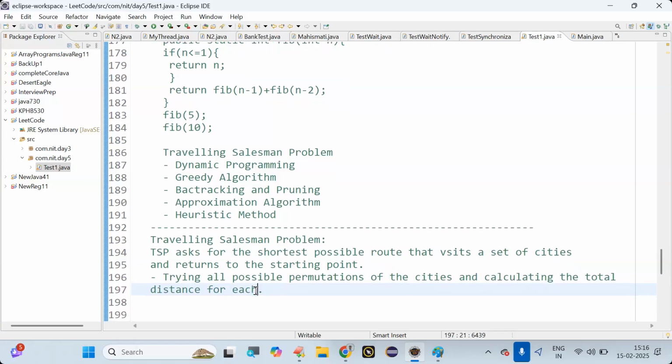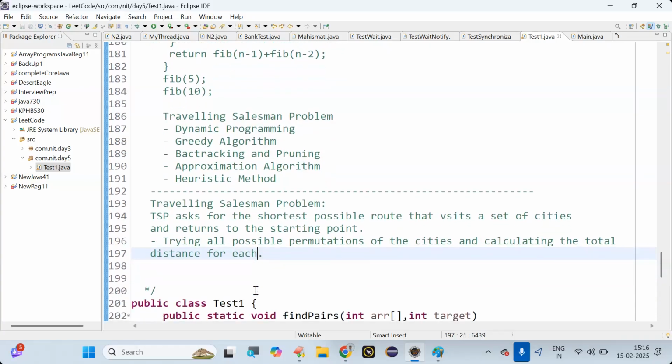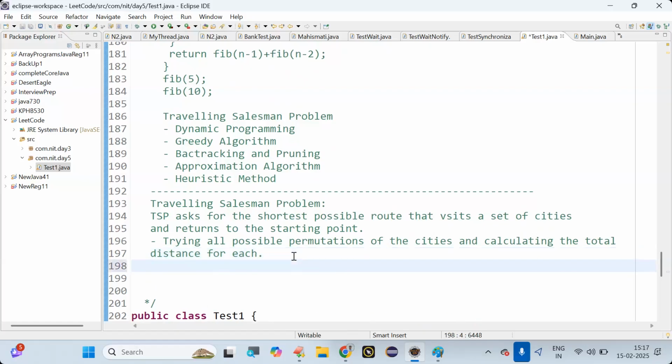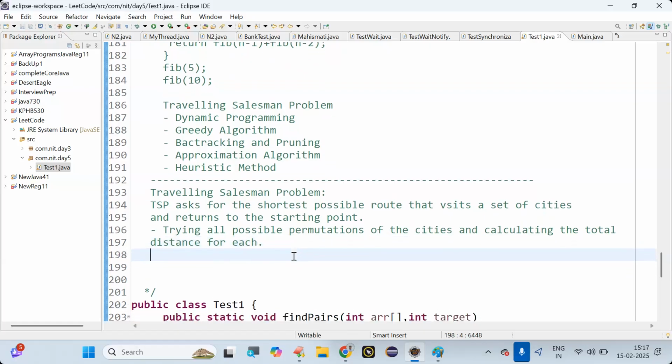Okay. So what we will do here, we'll generate all permutations of cities, then calculate the total distance for each permutation, and then select the one with the smallest distance. Which one is the smallest distance? All right. Let's say, for example,